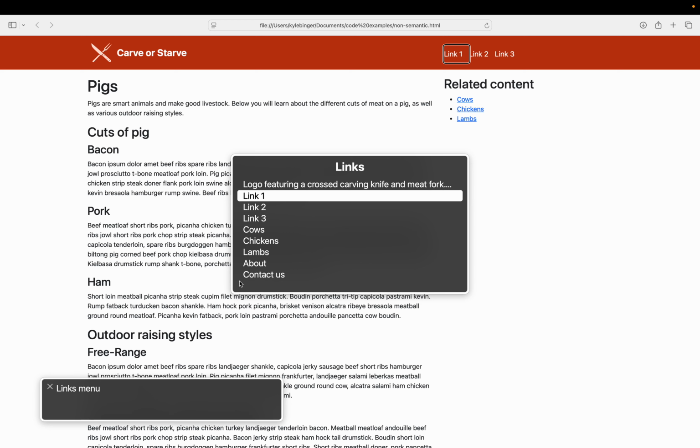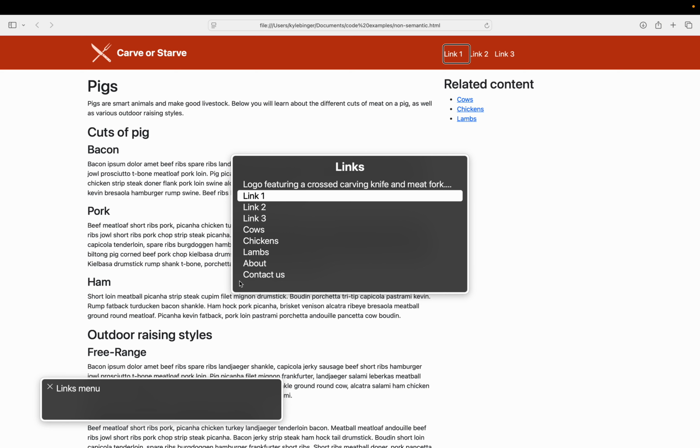What I've pulled up here with Caps Lock U is the VoiceOver rotor. And this essentially allows you to break apart your page into different identifiable sections and jump between them. Not all screen reader users are going to read your page top to bottom. In fact, they're going to utilize different sections like this to jump around.